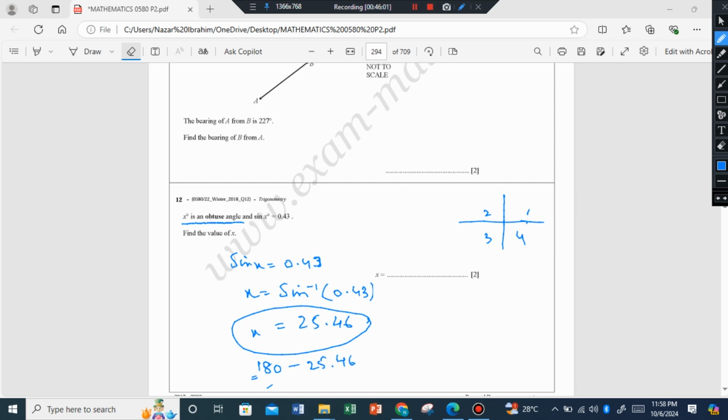So let's see what we are getting in the calculator. 180 minus 25.46. I'm getting 154.54 degrees. This is the obtuse angle x in this question. Clear? This was the 12th question, right? Moving forward,